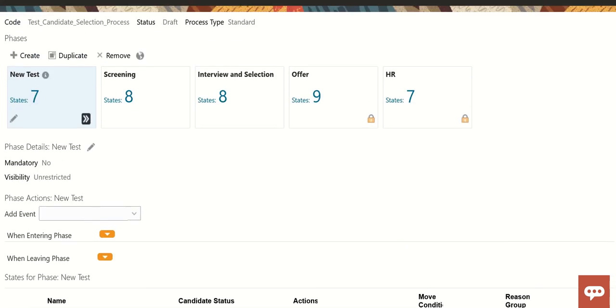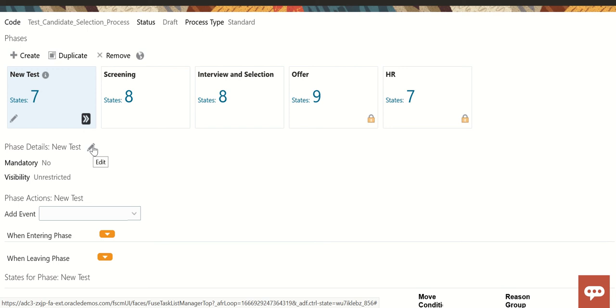Other than that, we have been given two functionalities: mandatory and visibility. Mandatory means whether this phase should be required or not for the users, not for the candidate. Technically it is targeting the candidate, but it is for the user.